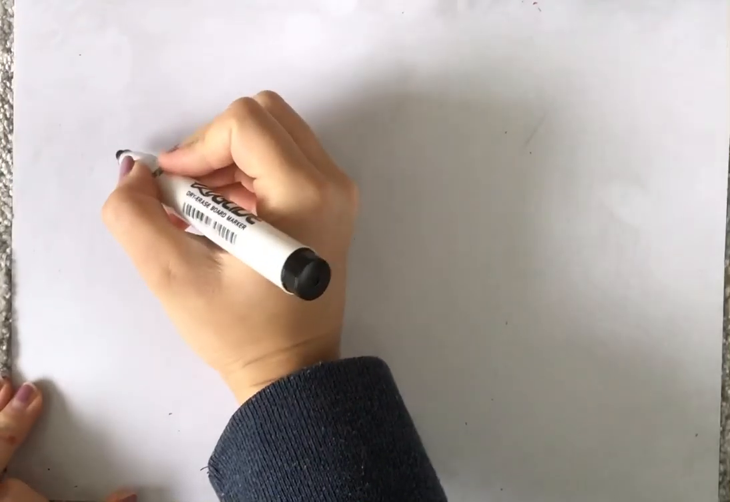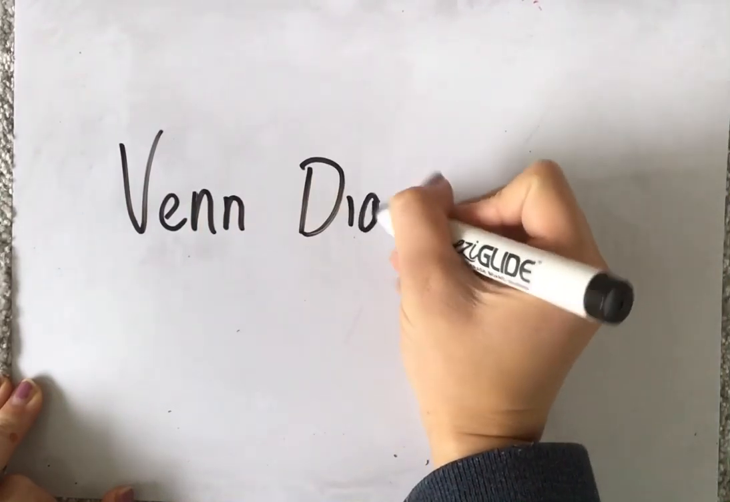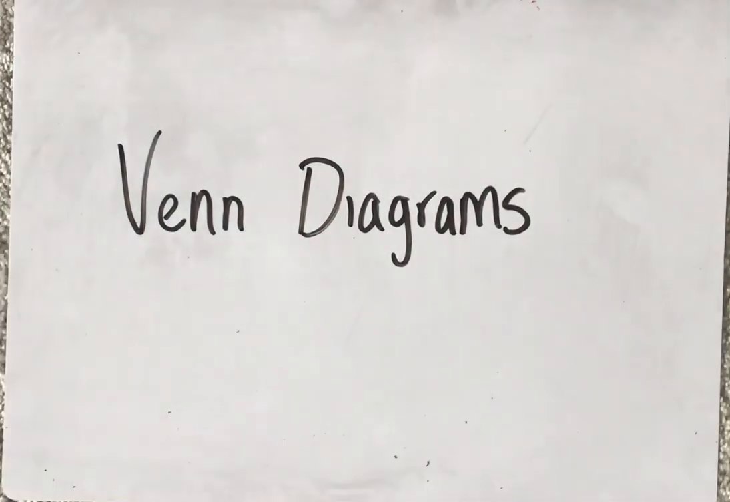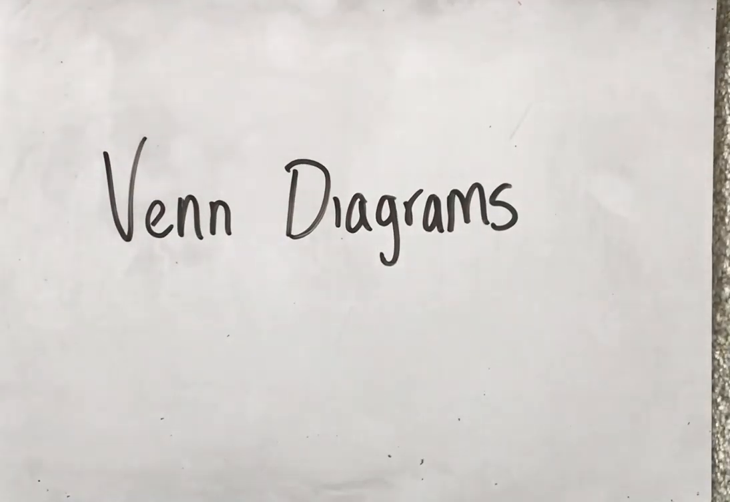Okay, so we're going to have a look at some Venn diagrams. Venn diagrams are just a way of sorting information, really. They're things that we can use for probability. We use them mainly for probability, but we can use them for sorting different things like that. Okay, and a Venn diagram